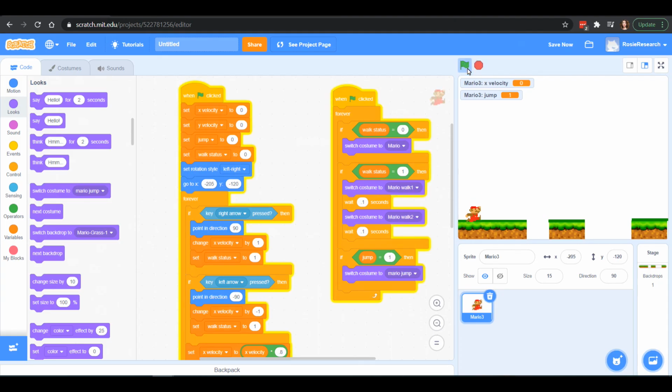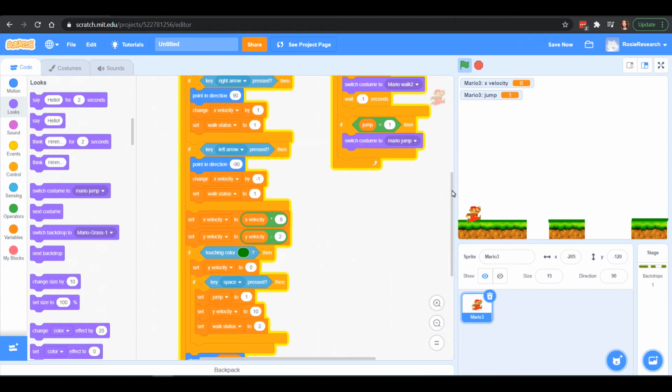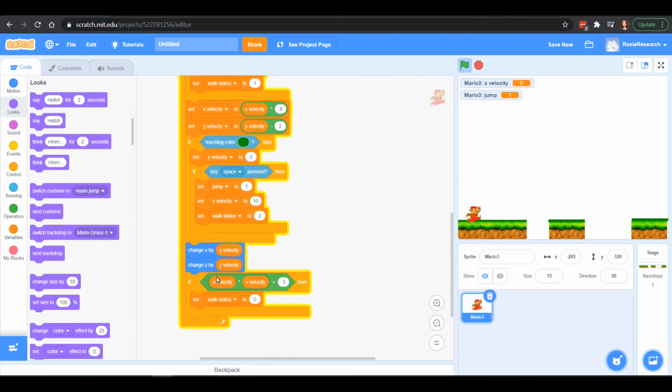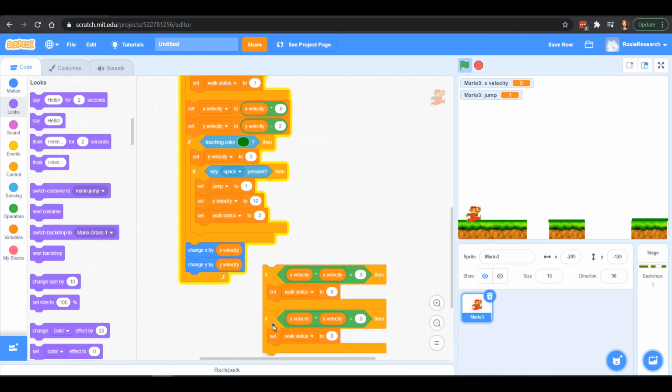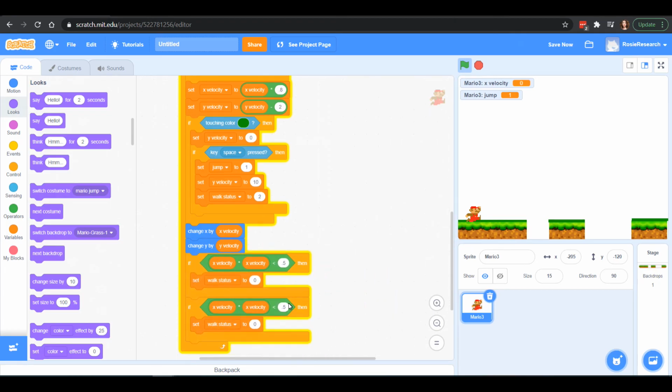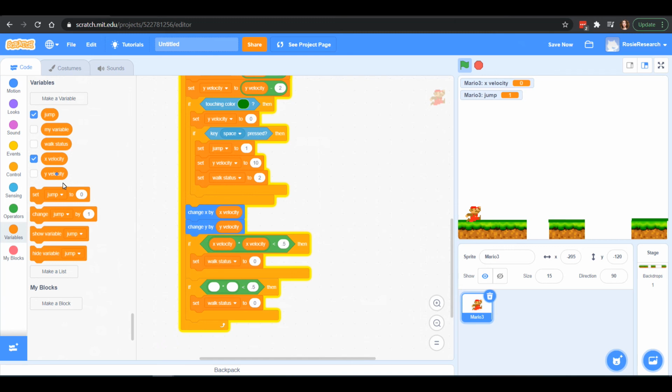Now we can see that he jumps, but we're going to want him to stand when he's back on the ground. So what we can do here is copy this whole brick and put it at the bottom, and instead of doing x velocity and y velocity, we can delete those items and put y velocities in here.